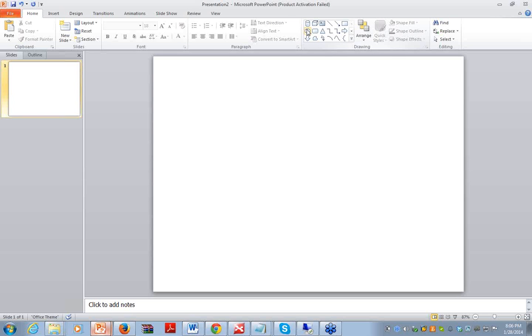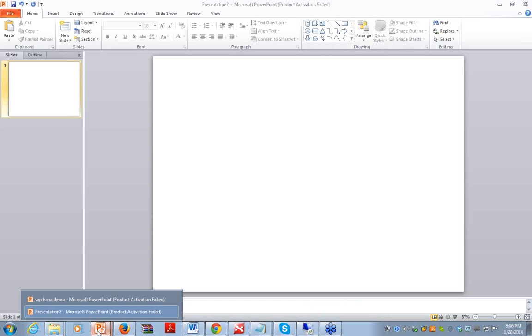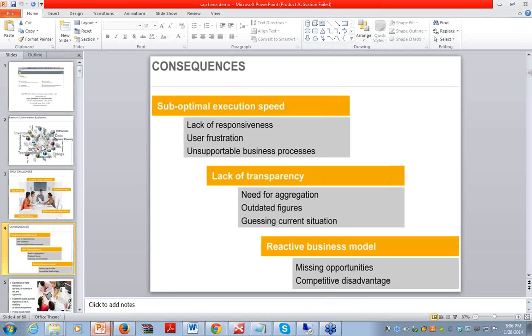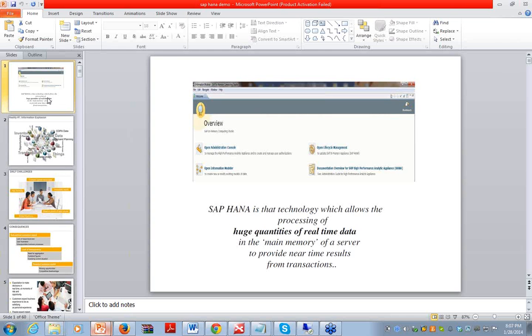So before starting this session, let me recap yesterday's session briefly within 10 minutes. SAP HANA is a technology which allows the processing of huge quantity of real-time data in the main memory of the server to provide real-time results from the transactions. First of all, why an enterprise requires an in-memory appliance like SAP HANA is, as a result of globalization,